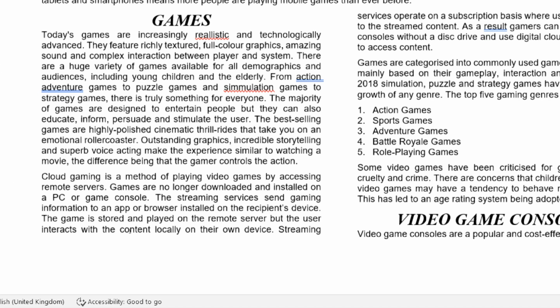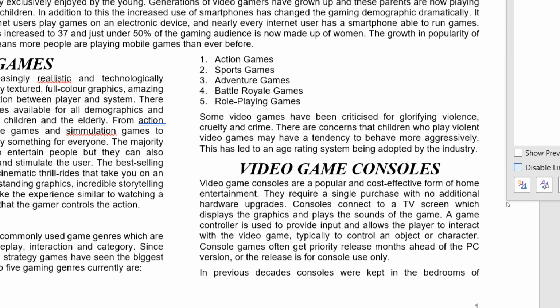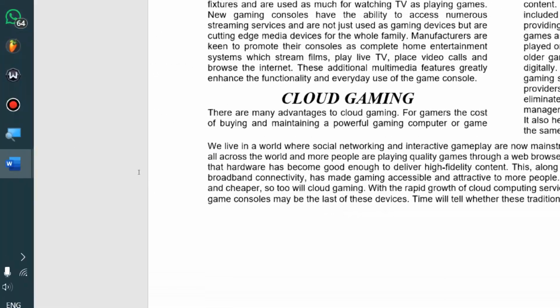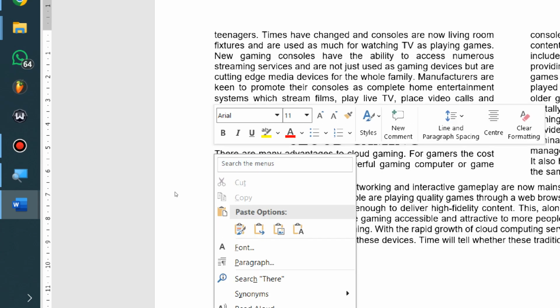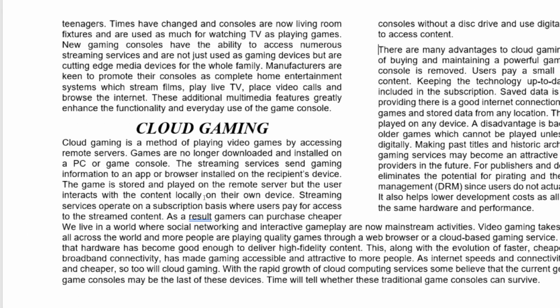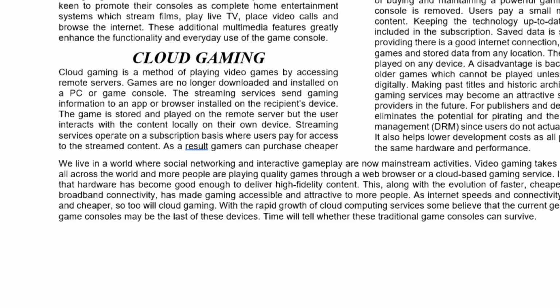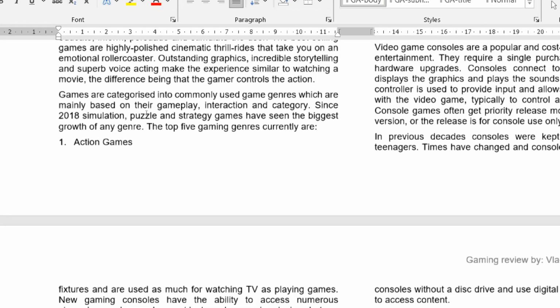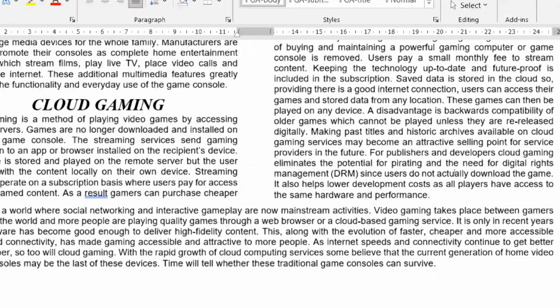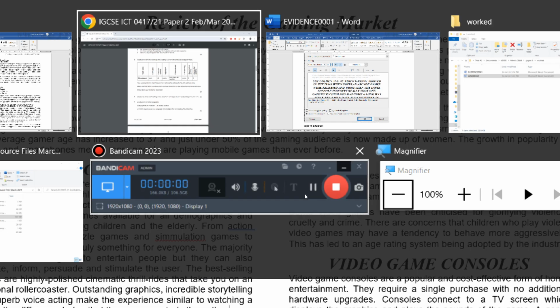So let's select this text and cut it. We cut it, and we should move it right after cloud gaming. So let's go here and paste it here, and add a new paragraph. Okay. This is the task. I removed the space in the place where I cut the paragraph, so there are no blank lines. All right, looks fine. Let's also save the file just in case, so we don't lose the progress. Next